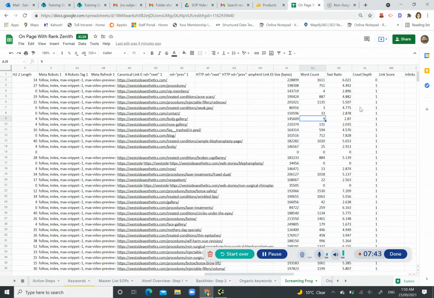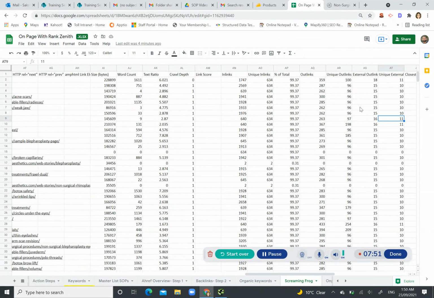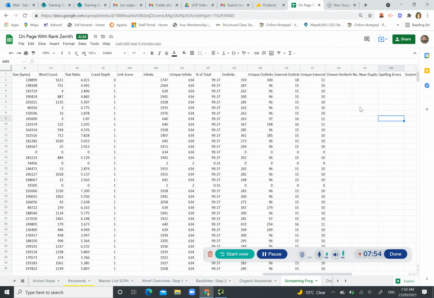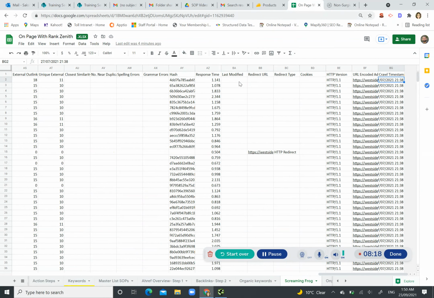But if it's a main money page, you need to make sure you have around 1,000 words of content on it, and 1,000 words of quality content. Look, that's pretty much what I look at from this spreadsheet. But you can also look at inlinks and outlinks, which you can do in Screaming Frog directly, or you can do it through this Excel. So for example, you can see there's 1747 inlinks, and 634 of them are unique, and outlinks are 359. You can also see the anchor text those links are coming from,